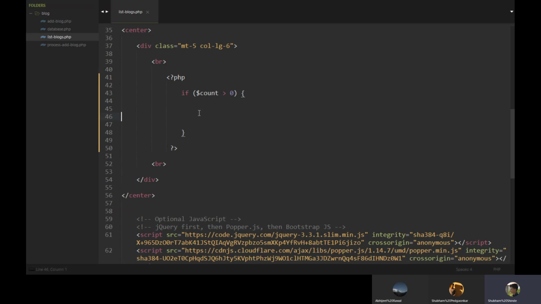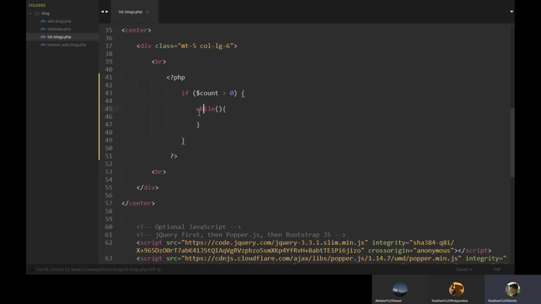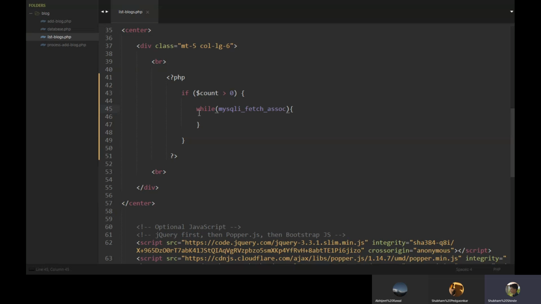In the block of that if, we will create our new while, which will be our loop for looping blocks. This is the basic format or structure of while. In while we will say mysqli_fetch_assoc. Now mysqli_fetch_assoc is a PHP function used to fetch a single record from a query.